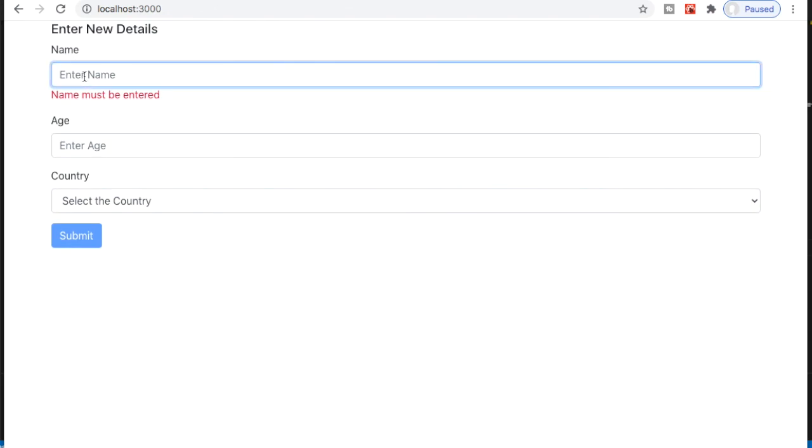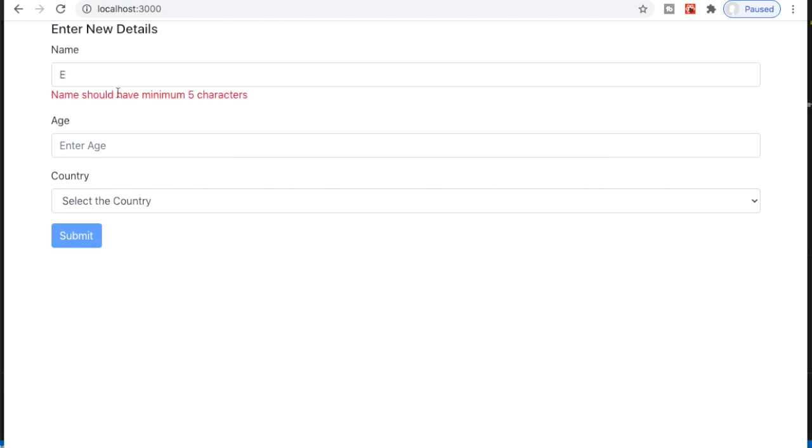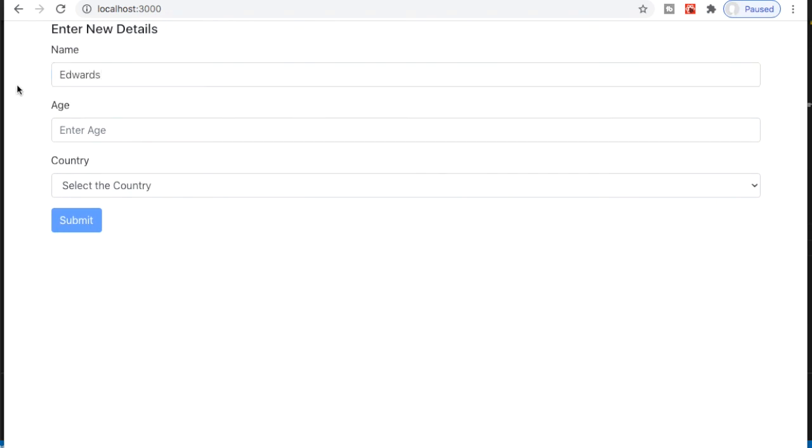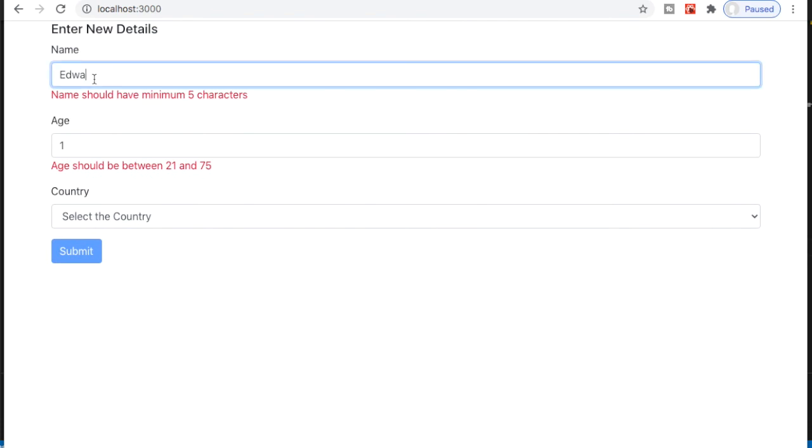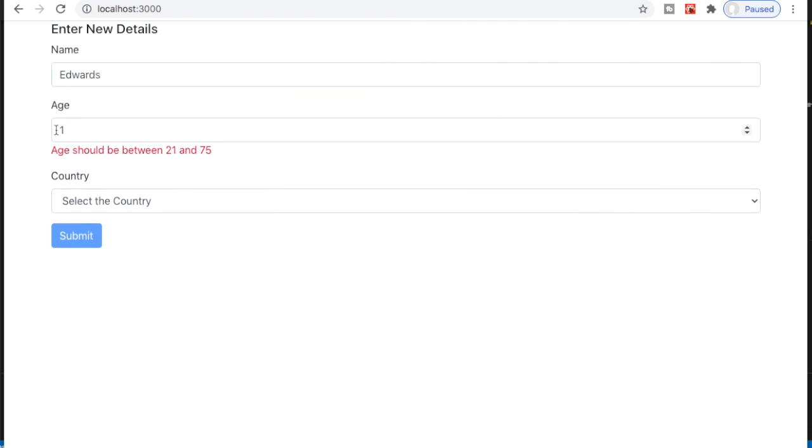Name must be entered. Name must have minimum 5 characters. And the error message goes. So I just get an error message here. If I change it again, and when it loses focus, I get that.